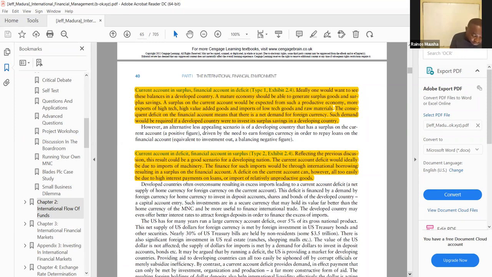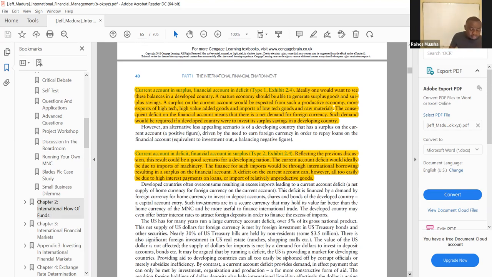So the consequence of a deficit in the financial account means that there is a net demand of foreign currency. Such demand would be required if a developed country were to invest its surplus savings in a developing country. So we're basically saying that